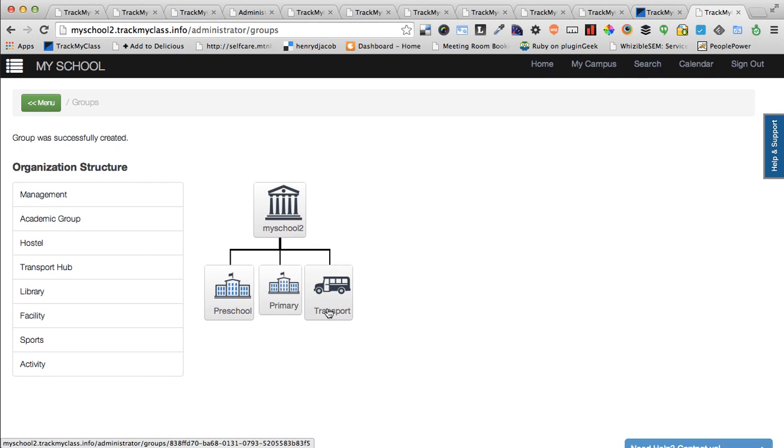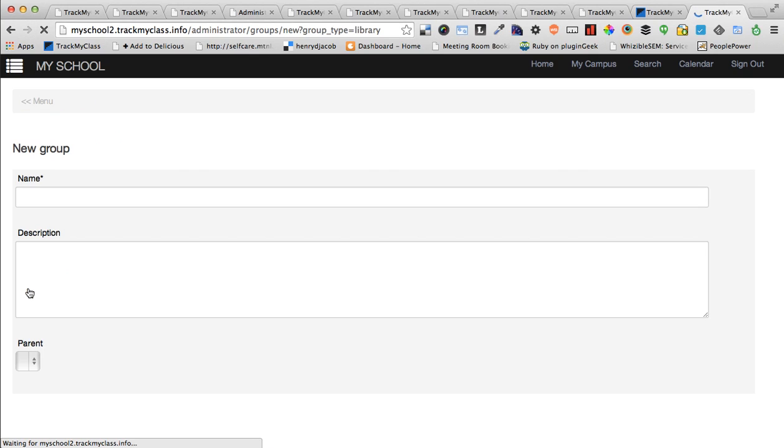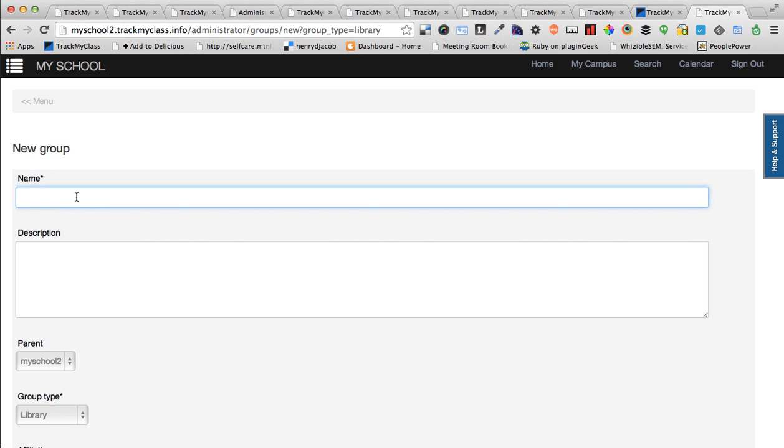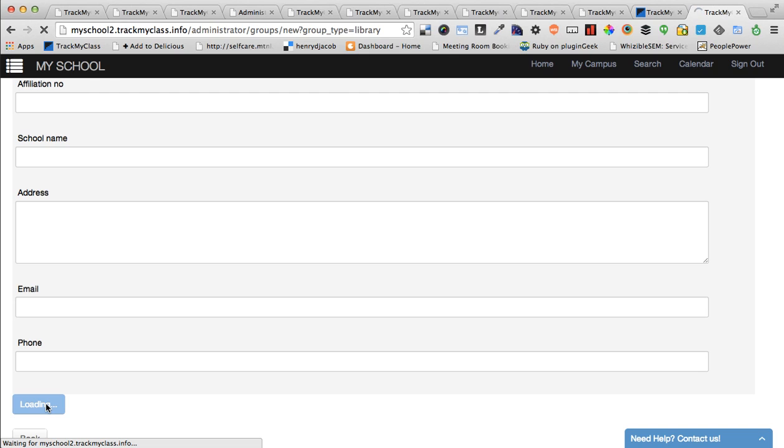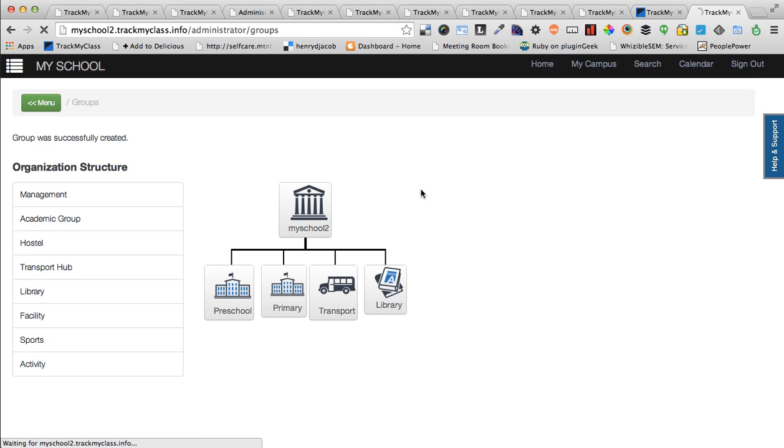So now the transport hub is created, and if you have a library, you can create a library as well. Now what you see is the complete